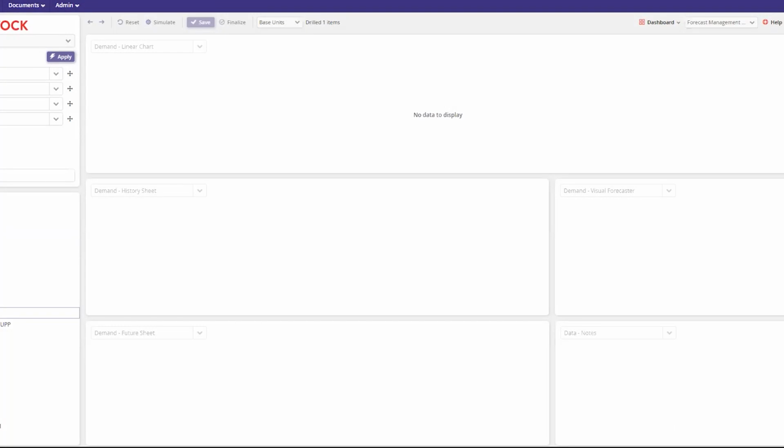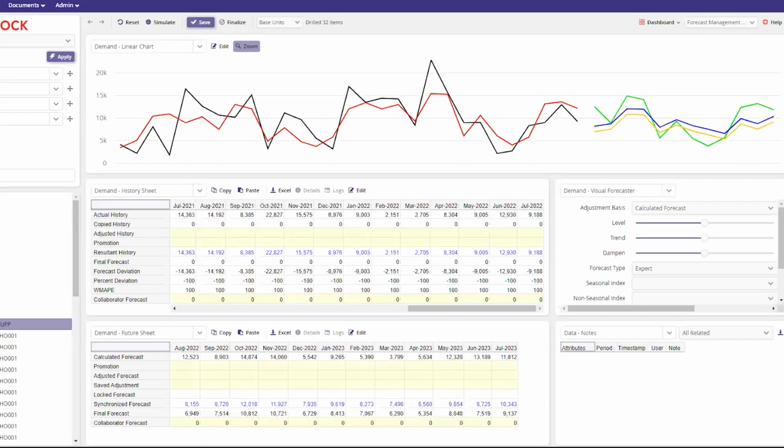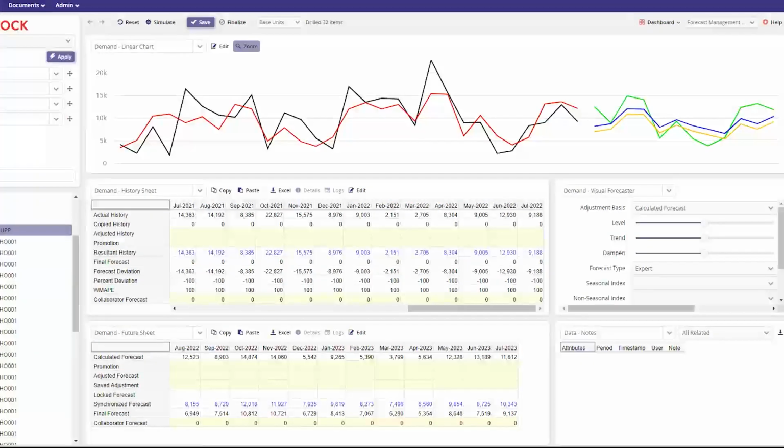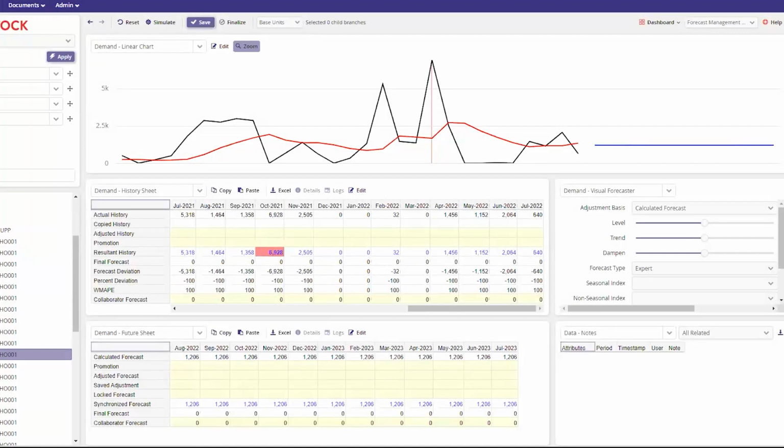And then we also have another grouping here. This can be any number of groups that you want to bring in: categories, your buyer information, the person who does your planning, or your account managers, so that you can get your sales reps to give their forecast and update information in here. So let's just jump to open it up to the individual items. Now we are on the base node, and in the hierarchy, we can see that item. This is our individual product for that customer at this location.